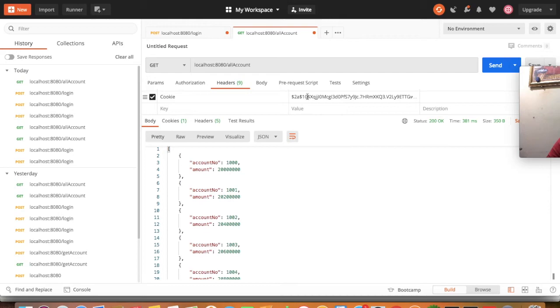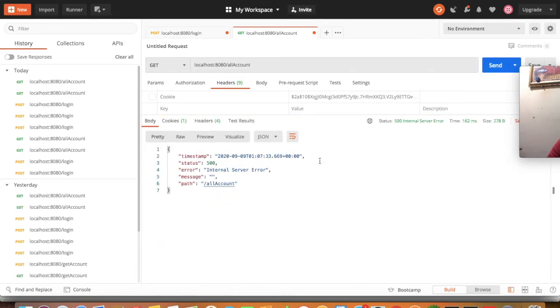If I change something, if I don't know the cookie, suppose I don't send the cookie, then what is going to happen? Because it expects the cookie, it gives us an error, internal server error. The all account request is not being accepted.